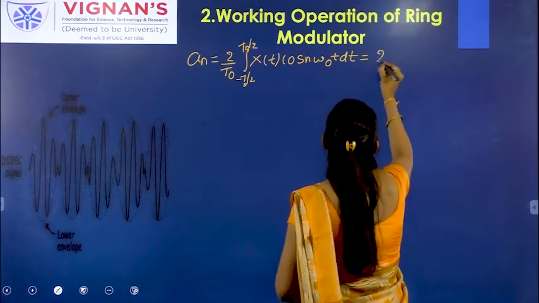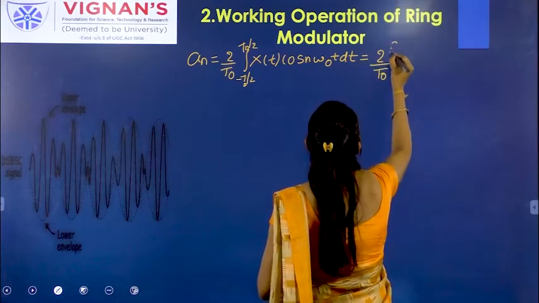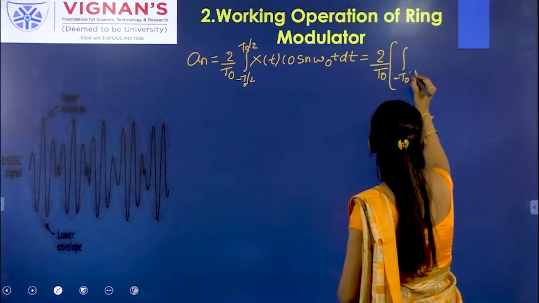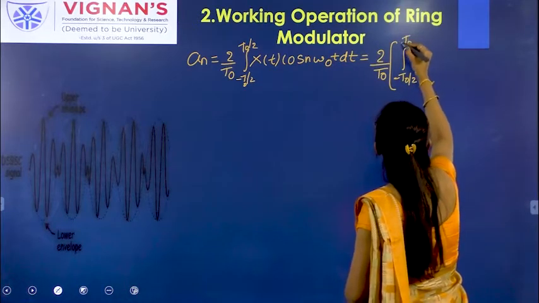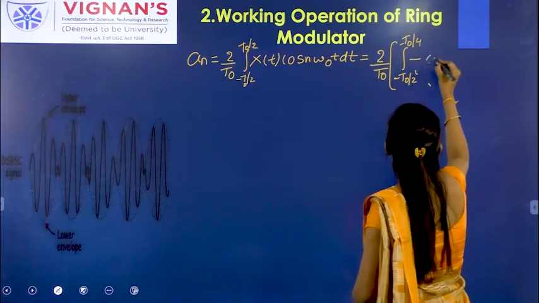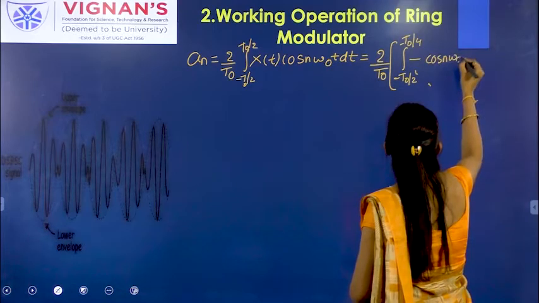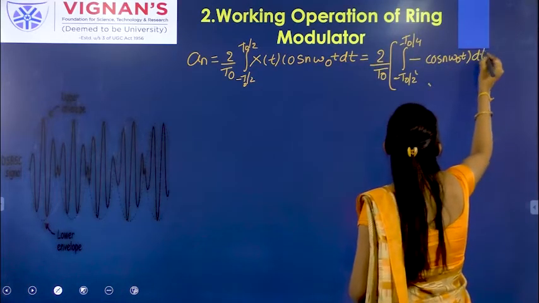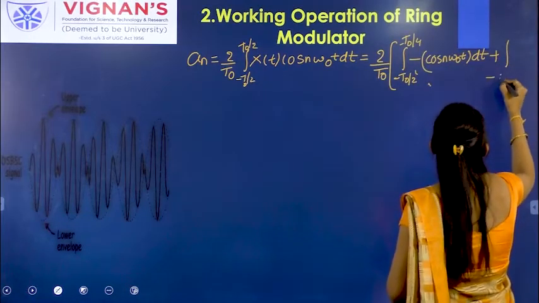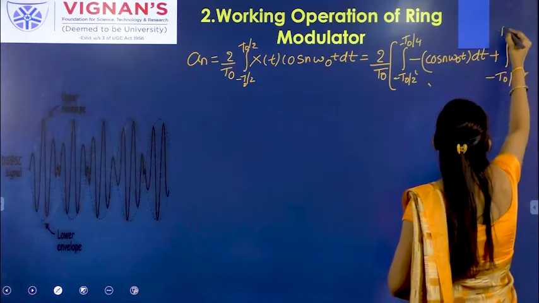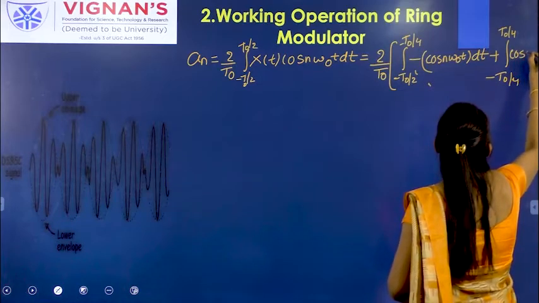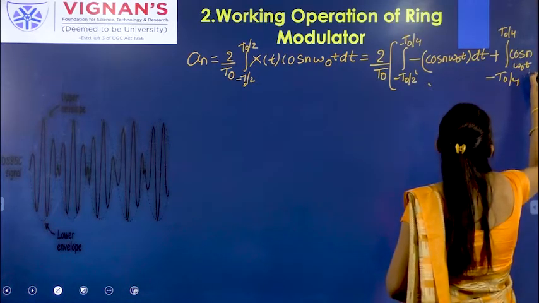So write 2 by t naught integral minus T naught by 2 to minus T naught by 4. There is an amplitude minus, so minus cos n omega naught t dt, and again plus integral minus T naught by 4 to T naught by 4. There is an amplitude plus, plus means plus cos n omega naught t dt,